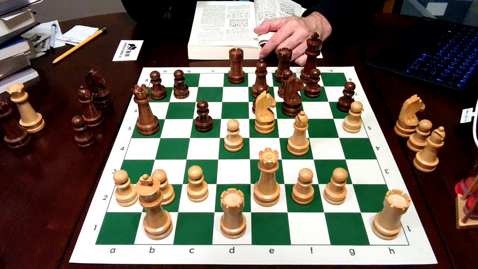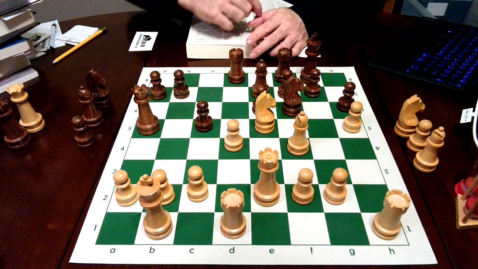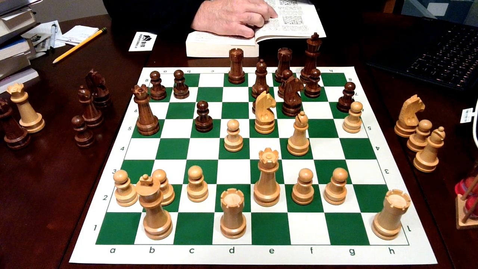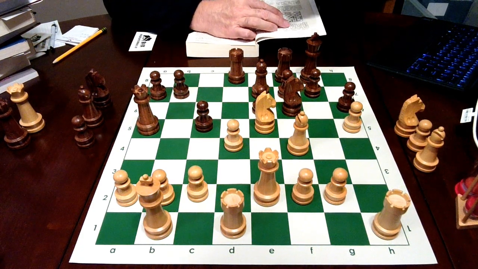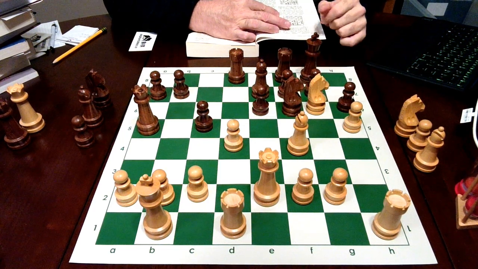And here you should pause the video and try to find out how Magnus continued, because it's very interesting. So try to pause the video and find out what is White's next move. Okay, I hope you had time to pause the video and try to guess the next move. The next move is Knight g6,